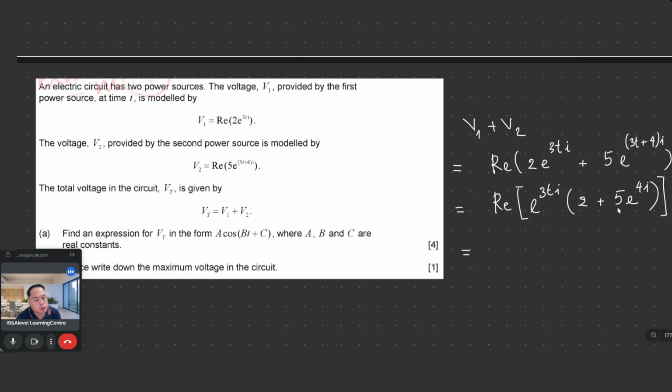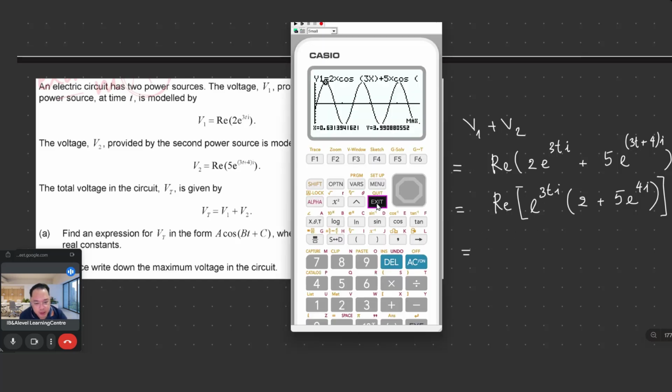Now, to add these two complex numbers, we simply need to use the calculator, which is allowed in Math AI XL. Use a complex number calculator. Firstly, I would like to remind you about the setup to represent a complex number in different forms. When we open the calculator, in this case the Casio FX-9860, I want to set up